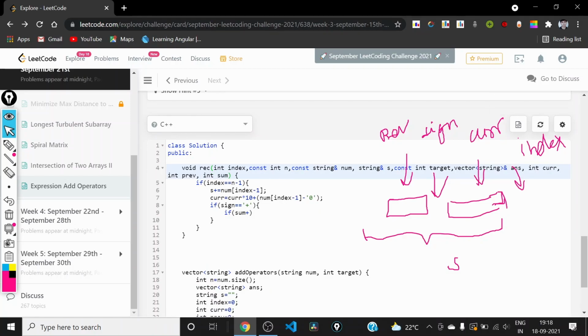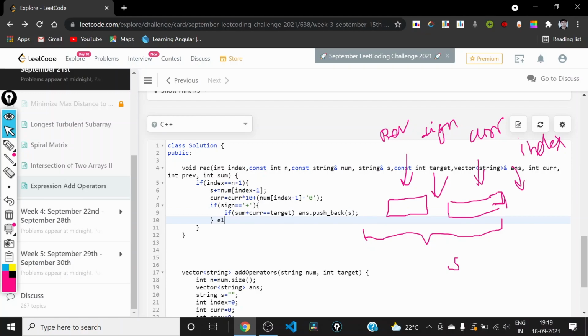So we can check whether the sum plus current is equal to target or not. If it is equal to target, then we can push the present form of the string into the answer vector. So we have done it.